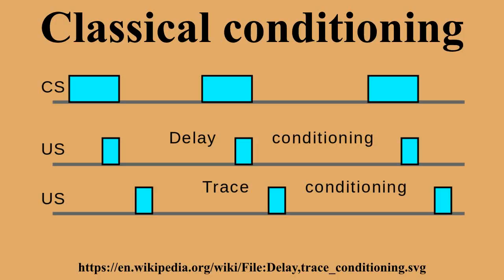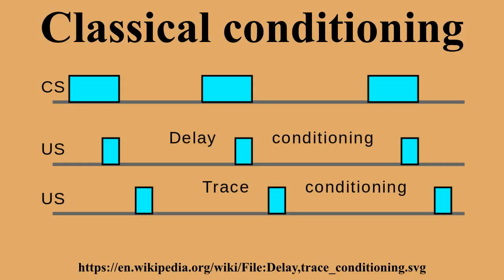Pavlov reported many basic facts about conditioning. For example, he found that learning occurred most rapidly when the interval between the CS and the appearance of the US was relatively short. As noted earlier, it is often thought that the conditioned response is a replica of the unconditioned response, but Pavlov noted that saliva produced by the CS differs in composition from that produced by the US. In fact, the CR may be any new response to the previously neutral CS that can be clearly linked to experience with the conditional relationship of CS and US.